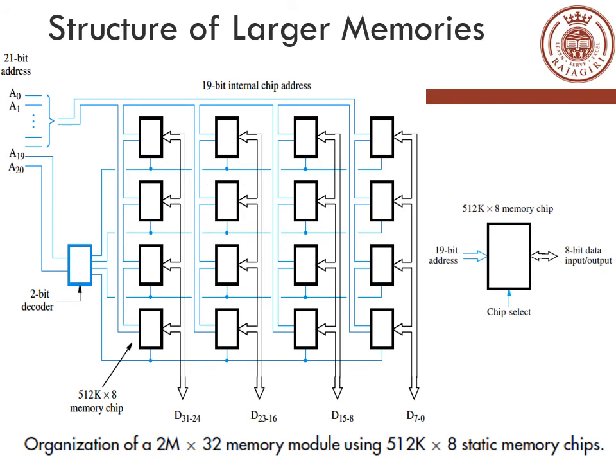Now we will see the structure of making large memories. Suppose our requirement is to have a very big memory, and suppose we are not having a provision to fabricate that size of memory. Using the available small memory blocks, we will be making the large memory. Now let's take an example. In this example, you want to make a memory of 2 mega locations, 2 mega addresses, and in each address you are going to have 32-bit data. The word size is 32 bits.